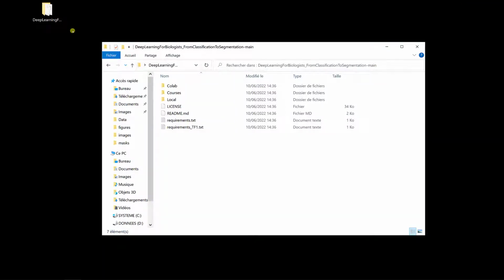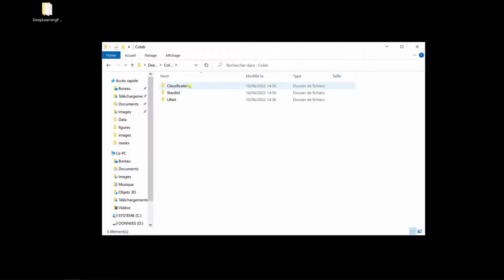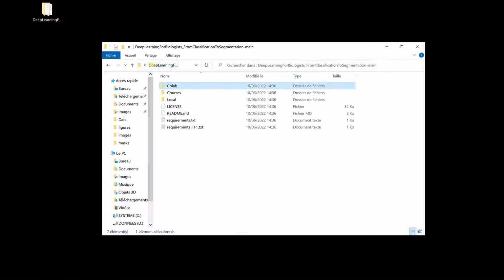So this is the folder I downloaded from my GitHub folder, and here are all the codes, all the notebooks you run in local computer, and this is what you need if you want to use Colab. That's what we're going to do. So now we have everything we need. You see there's a folder for classification, for the U-Net notebooks, for StarDist notebooks. And so the first thing you need to do is actually go to your